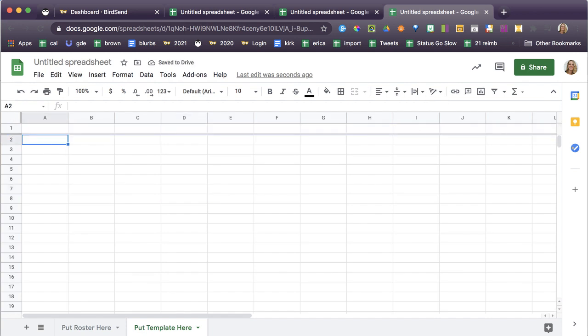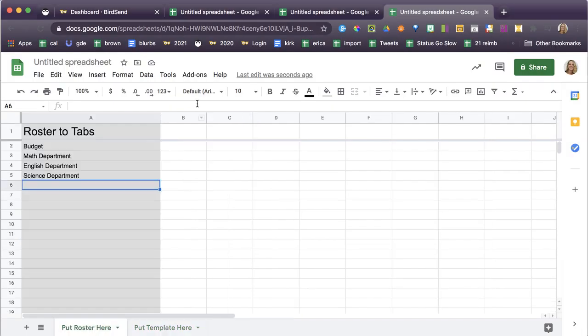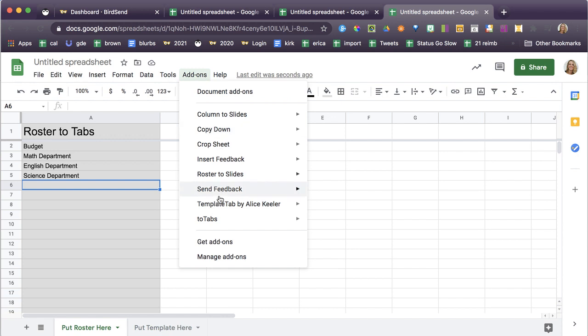I'm going to put the dates for the school year, and drag this down. So it's all set for each of my tabs. So if there's general things you want for each tab, you can design them on the template. And under roster, I'm not making a roster, I'm just making a list of the tabs that I want,